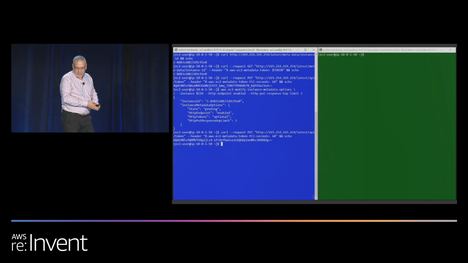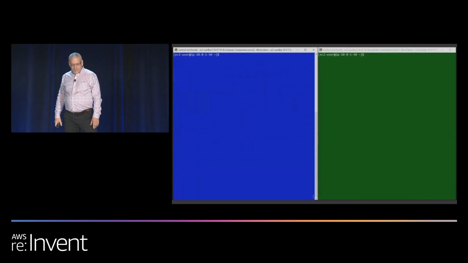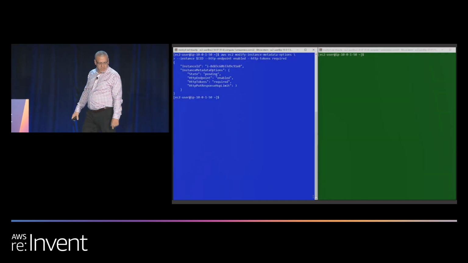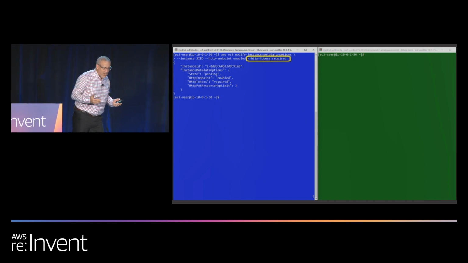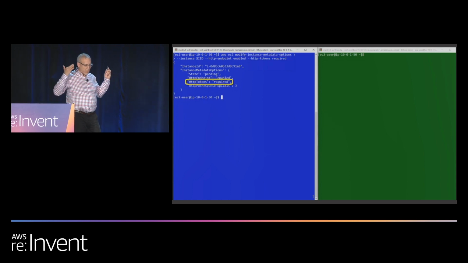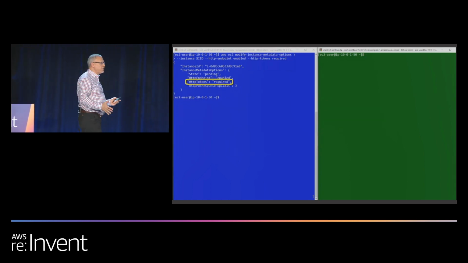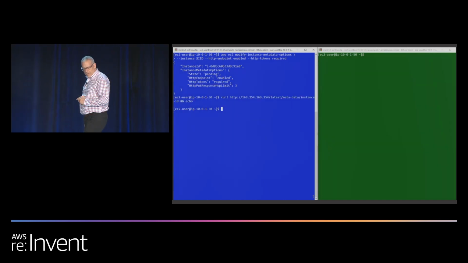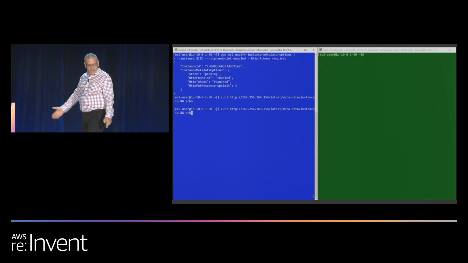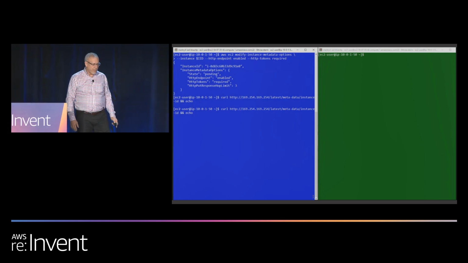We'll do one more little demo here, and that is we're going to turn off version 1. So now I've asked the metadata service, say, require version 2, require token. Okay, so now I'm going to try version 1. I'll do this simple curl. Because of the way curl works, it doesn't show me why something went wrong, but I didn't get any results,